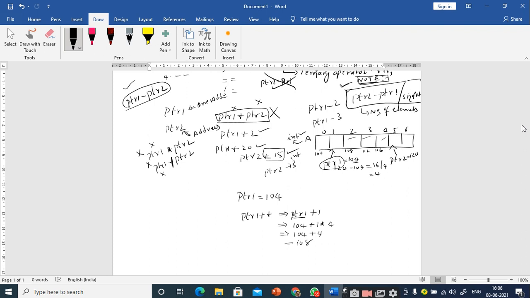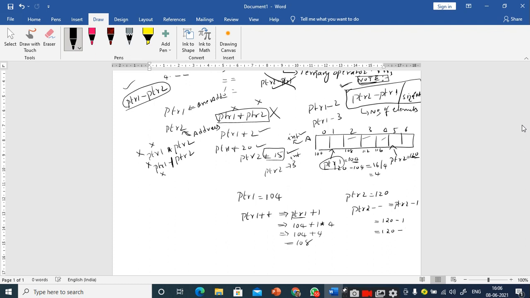Yes, sir. Now what is the value of ptr2 here in this example? 120, sir. Now calculate ptr2 minus minus. This is equal to ptr2 minus 1. Am I right or not? So ptr2 is 120 minus 1. Is it 119 or 116? 116, sir.